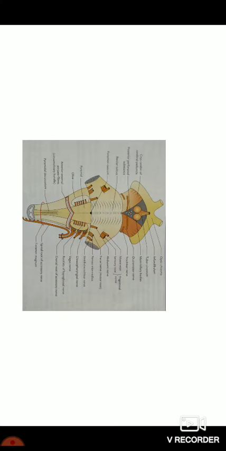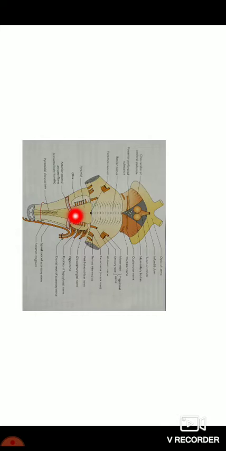Hello dear students, we will be continuing with the internal structures of the medulla. Like before, before we see the internal structures of the medulla, let us see the external features of the medulla. In the external features, on the anterior ventral aspect of the medulla, we have the pyramids on both